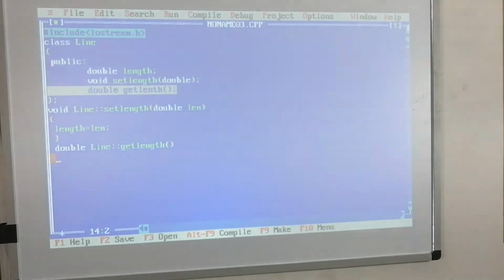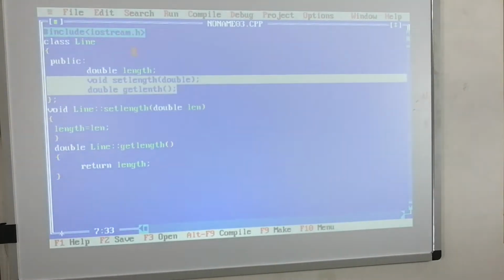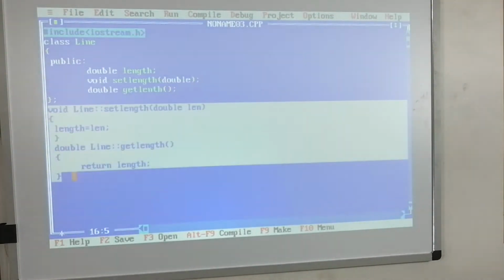Here there are no parameters, so directly we write the return type double. Since the return type is double, we have to return the value: return length. We are returning the length value. Now two functions are declared in the class line, right? We are defining these two functions.